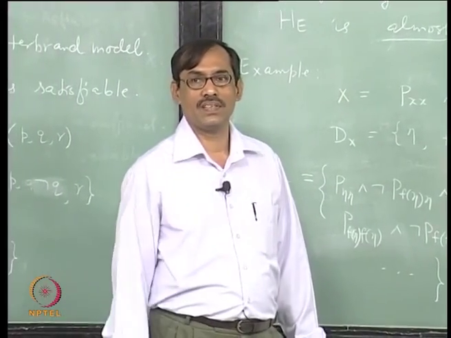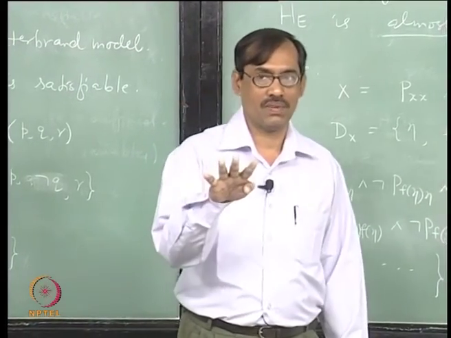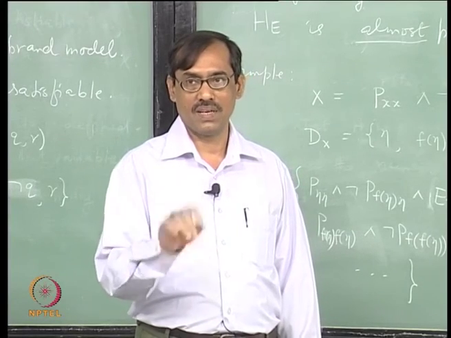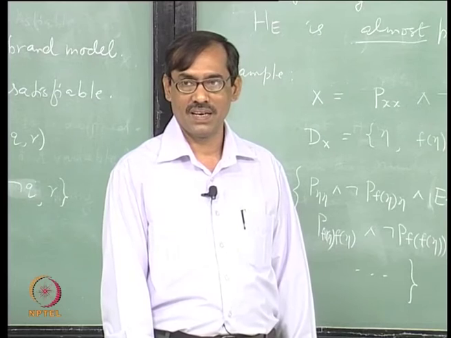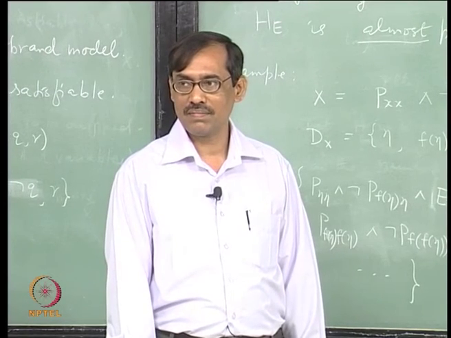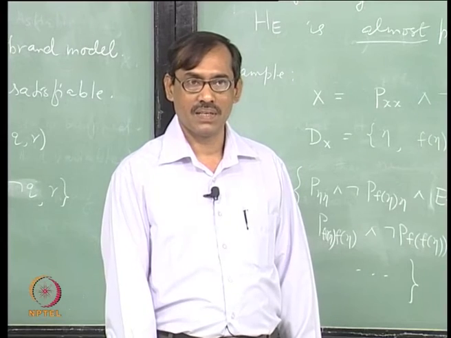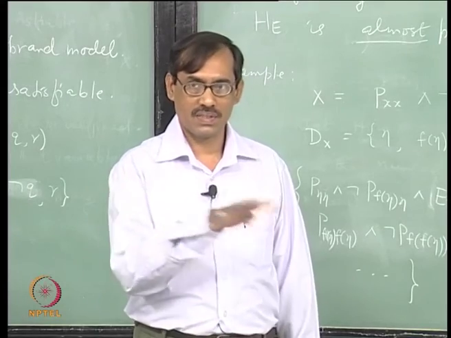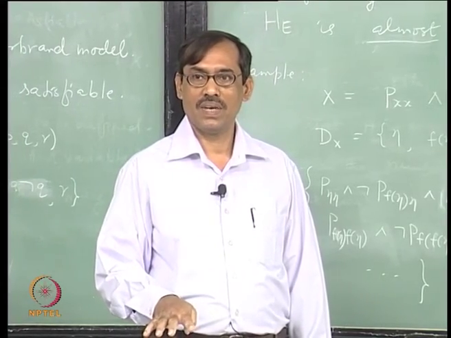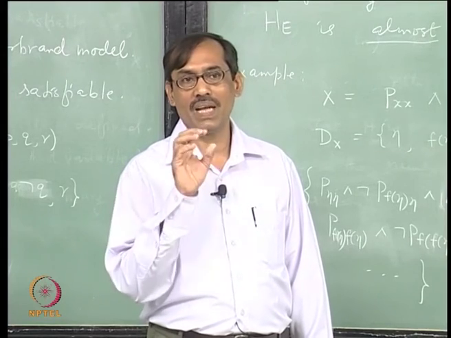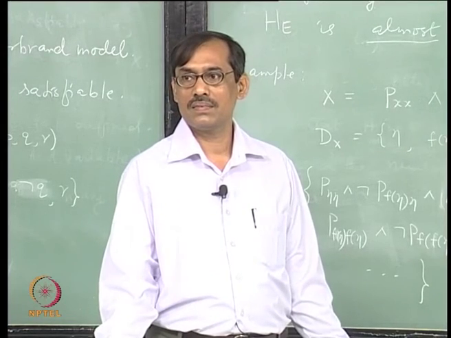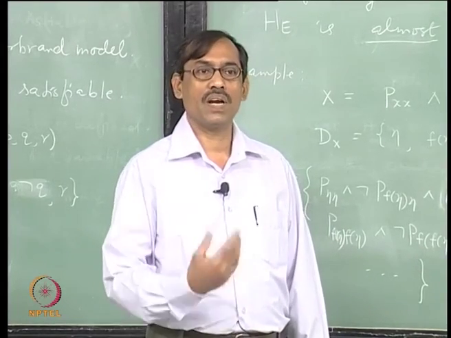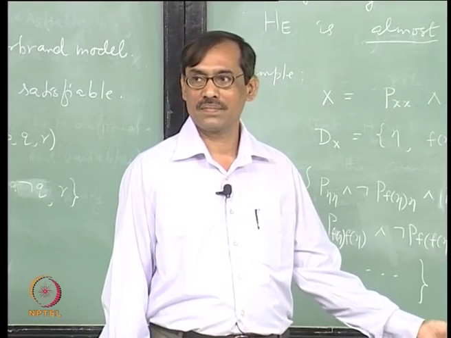Let us say group theory. Group theory can be axiomatized with 4 axioms, forgetting the abelian groups. So there is closure of the group operator, then associativity, then existence of an identity element, and existence of inverse elements. These are the 4 axioms, so 4 sentences can be written. Any model of those 4 sentences is a group, that is what a group means: anything that satisfies those 4 axioms is a group.